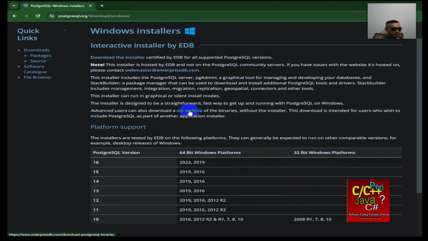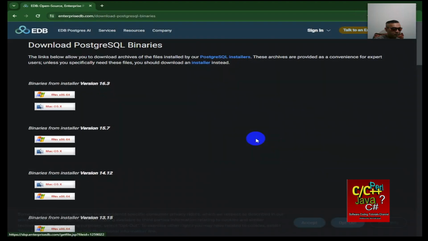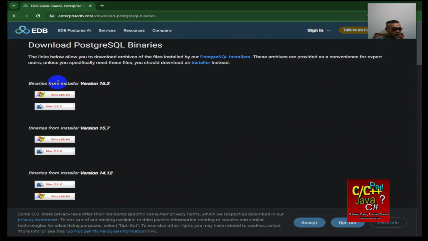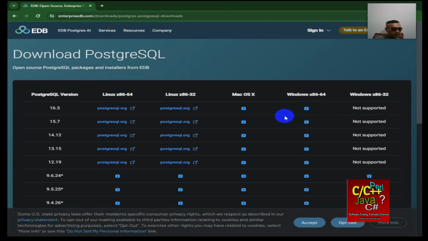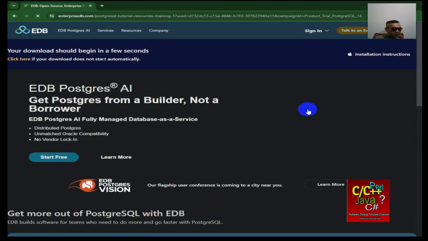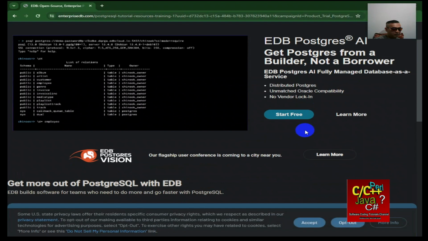I will click on this link, zip archive, and then immediately there are several versions here, 16.3, 15.7, 14.12, and I will just click on the version that I want to install. So I'm going to click on PostgreSQL installer, and you can see here there are 16.3, and I'll click to the right with the download icon, click on there, and it will begin